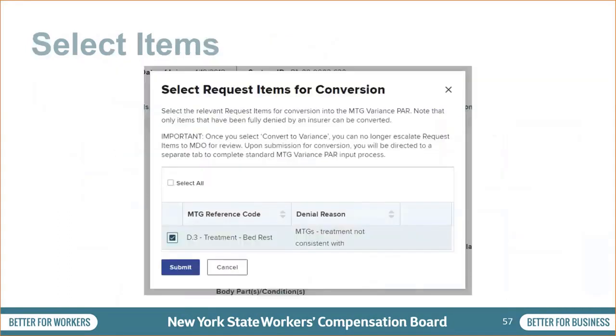A pop-up will appear to select the MTG confirmation to change to an MTG variance request. If more than one item was included in the MTG confirmation PAR, you can select specific items or select all. Select Submit.